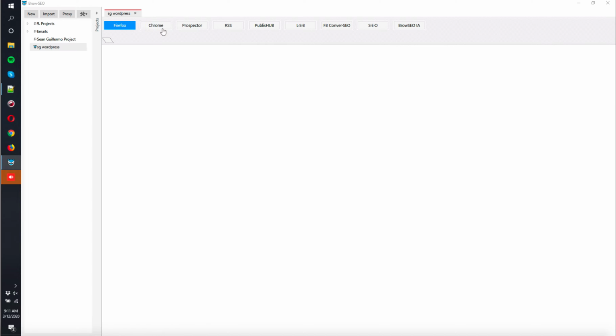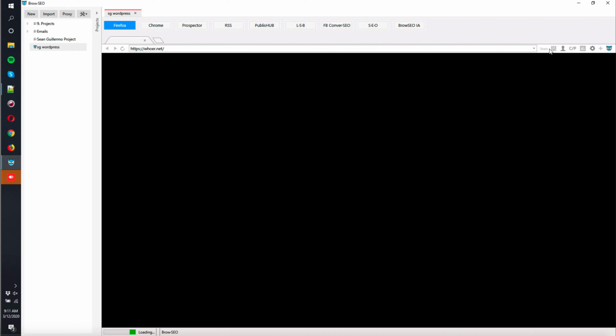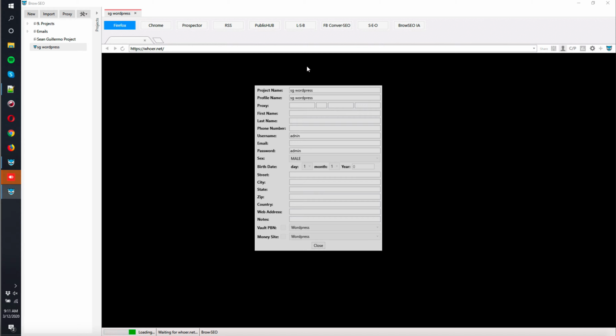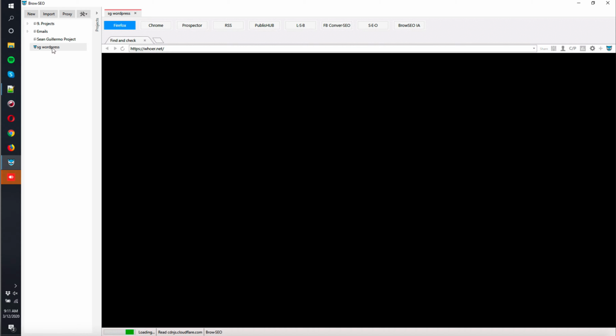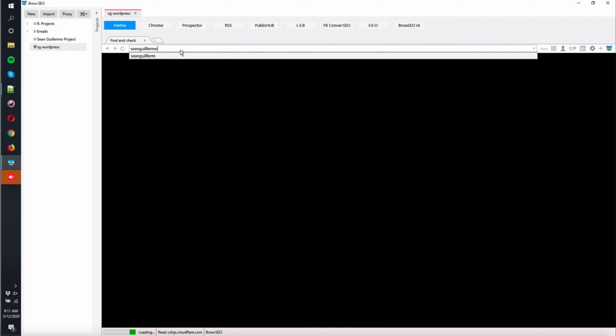So the main purpose of this project is when I open this one, I would have all my logins here. When I click the copy and paste, I got my login and password for my WordPress. So every time I hit this, it would instantly go to my website, or I could definitely